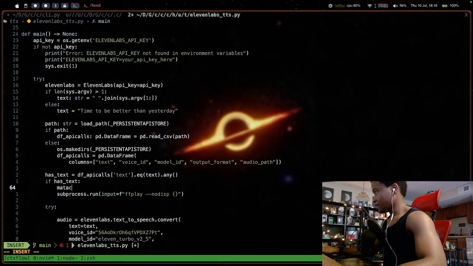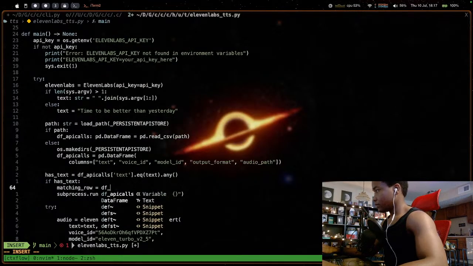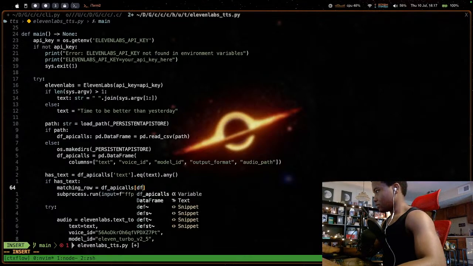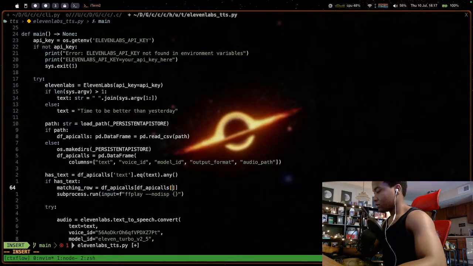So let's get matching row, and it says df, so we got df API calls, and basically do nested audio path dot iloc 0. That's not 0.